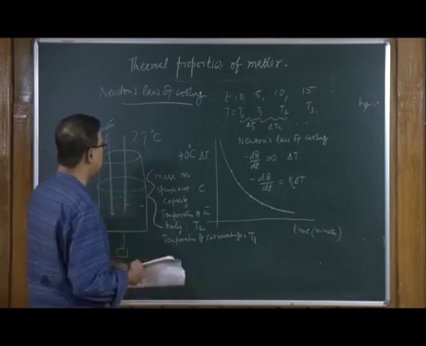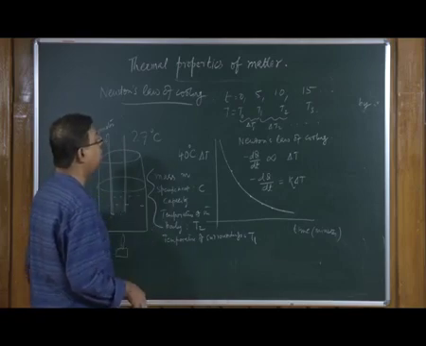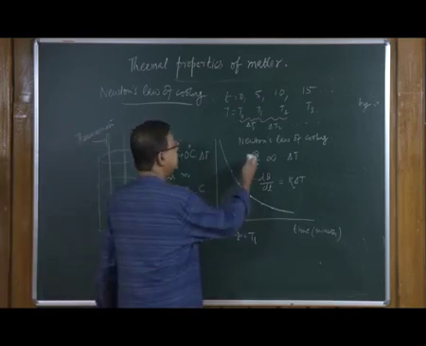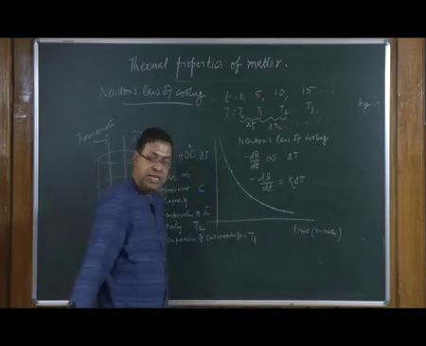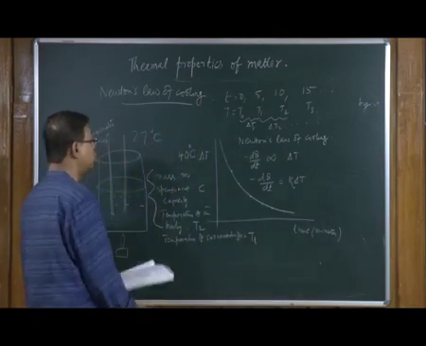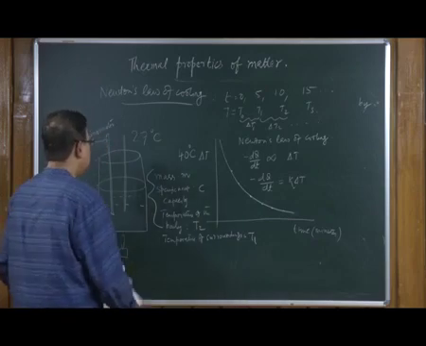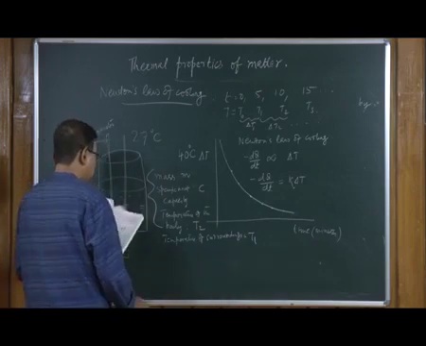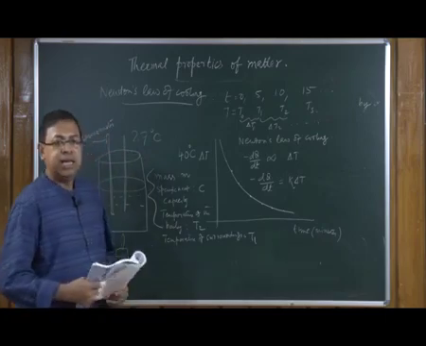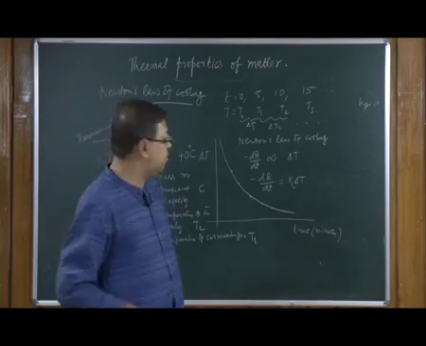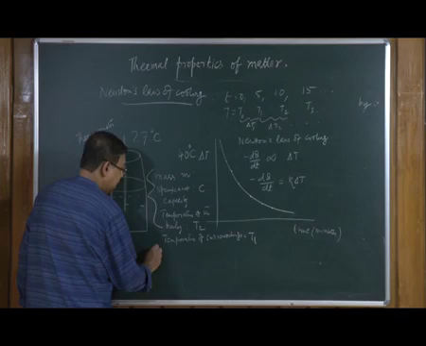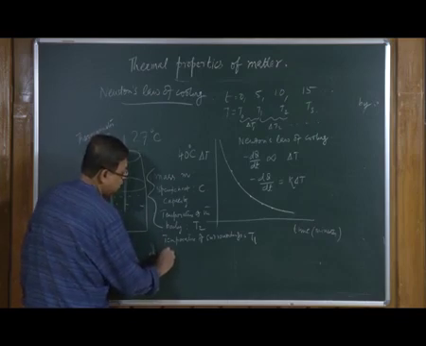So, according to Newton's law of cooling, we know that the heat current, or the rate of change of heat, is proportional to the temperature difference between the body and the surrounding. Now, let us understand that in a certain time interval small dt,